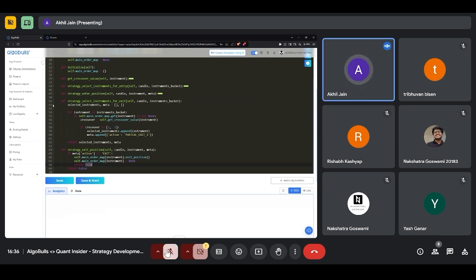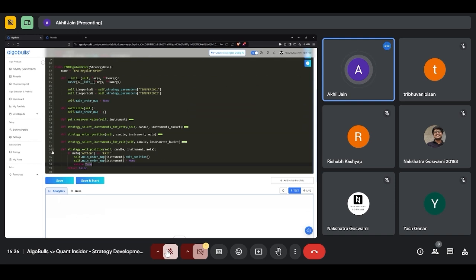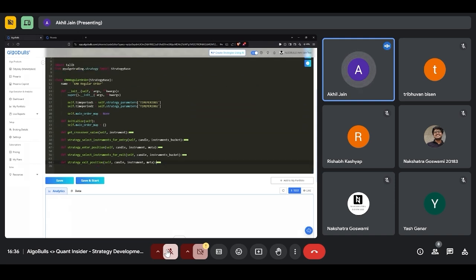We have four methods here, two for entries and two for exits, based on whether the strategies are in delivery mode. In delivery mode, what we mean is there are already some instruments present in the broking account, and we would like to pick those up and continue. What do we mean by picking those up and continuing? Right now we explained how we are placing an order and how we are storing it in this particular variable.